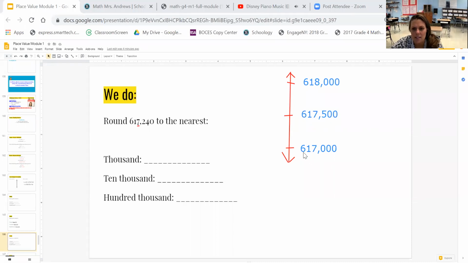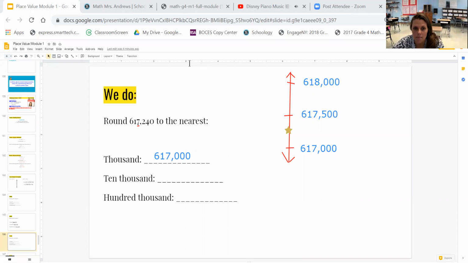We've got, like, it would be 617,100, 200, 300 would be about here. Now remember, we don't round to the midpoint. We either do the base or the top. And we can easily see that 617,000 is what it's closest to. It's only 240 away. Okay. For the next one, I'm going to do